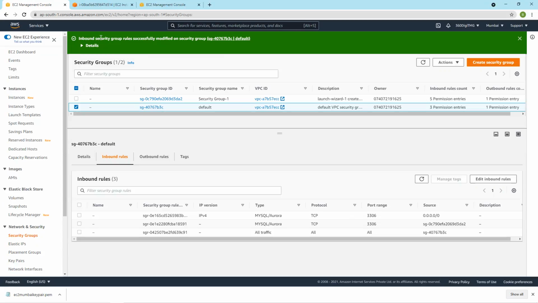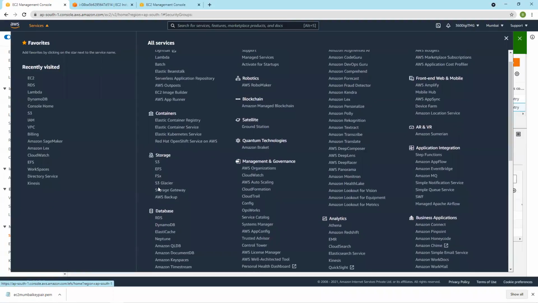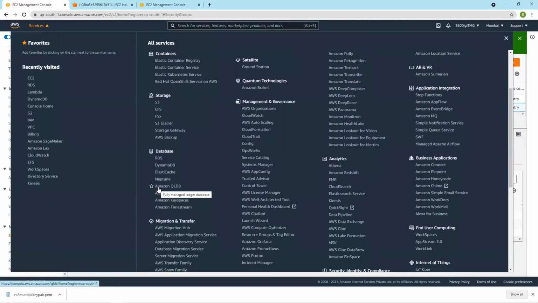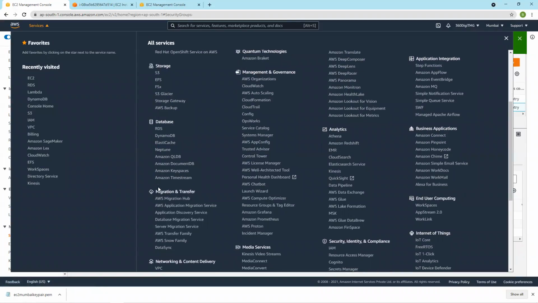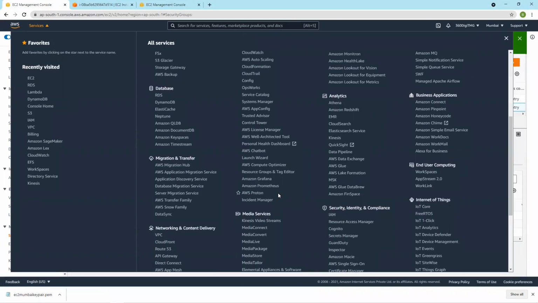And we talked about RDS, DynamoDB. Let us go to services. And we have something called CloudWatch to monitor all the services. If you see here, not here, analytics.